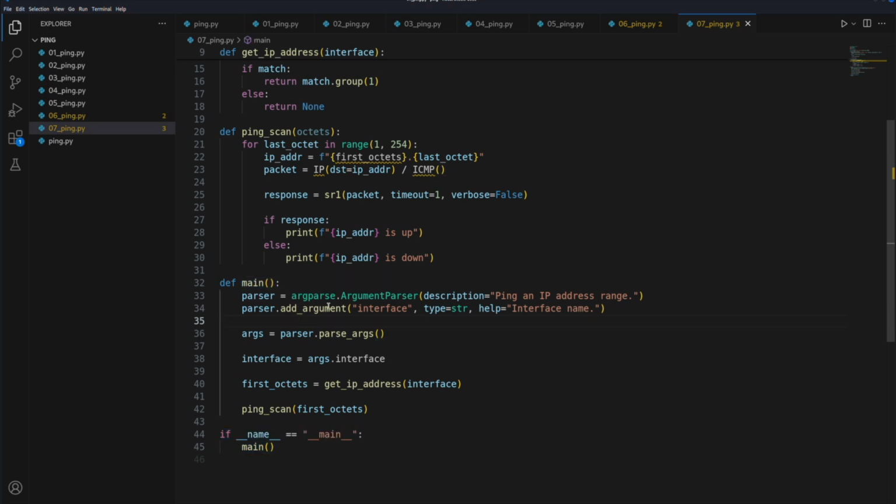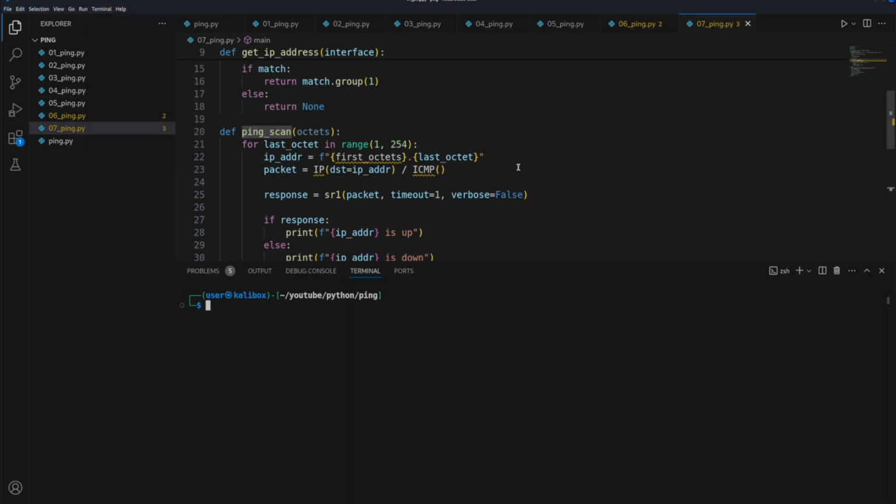The main function parses the arguments, and it will take in the interface name. It will extract the first 3 octets, and then it will pass it to the ping scan function that will run it. So let's quickly do it. If we type in sudo python 7 eth0,